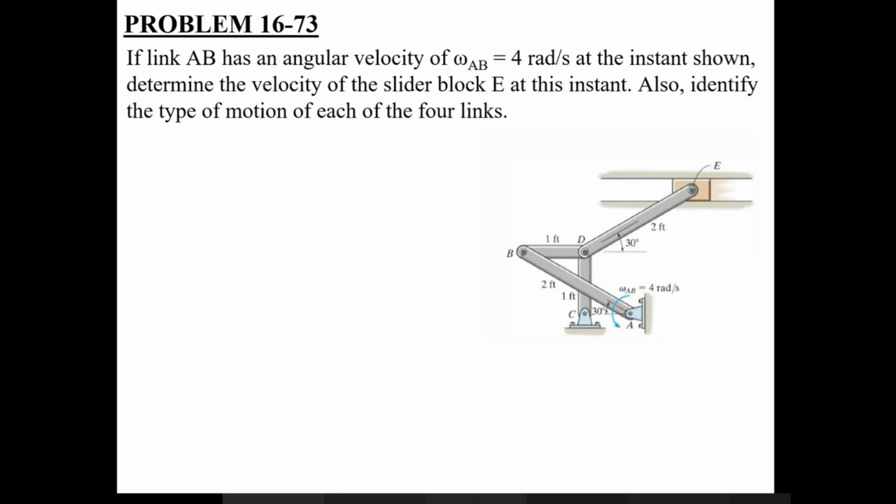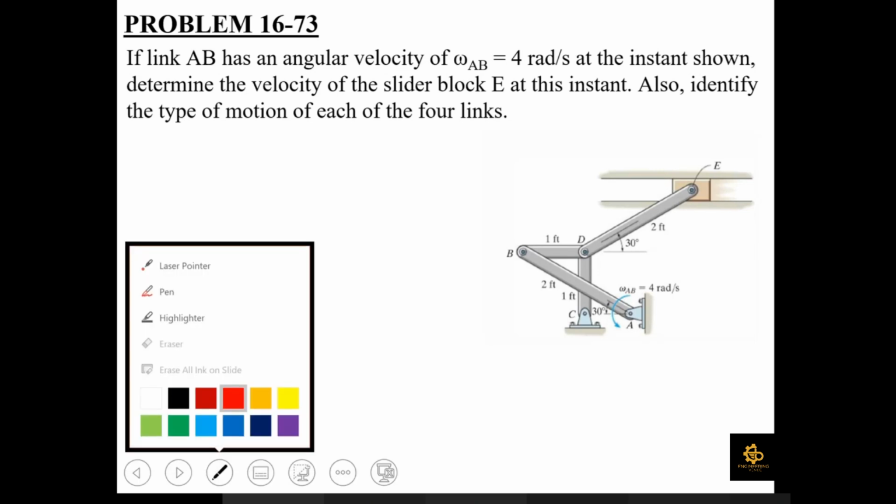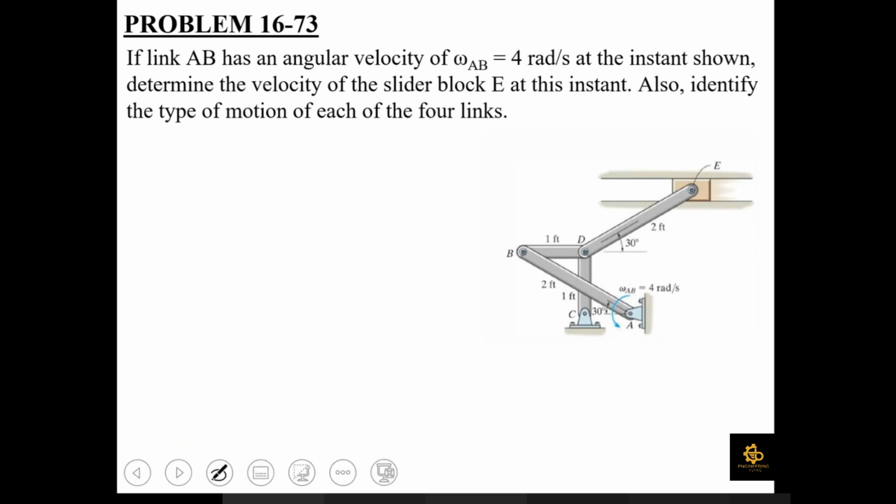Here you have a rigid body mechanism shown, and the link AB is rotating in a counterclockwise direction with a speed of 4 radians per second. You need to identify which type of motion each of these links is undergoing, and then you need to find out the velocity of this piston E or slider E or collar E, whatever you want to call it, at the instant shown. So, the motions we identified in this overall mechanism: